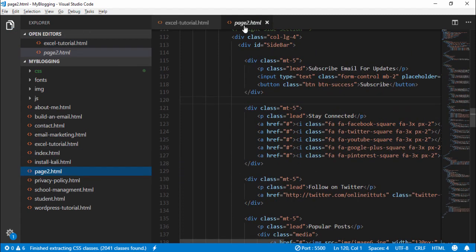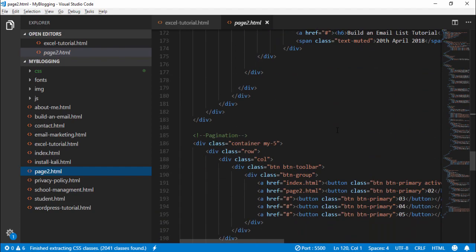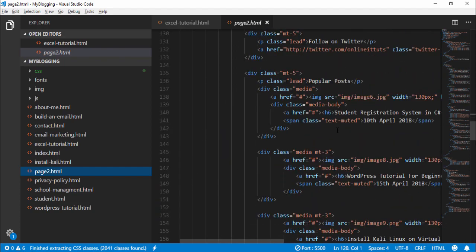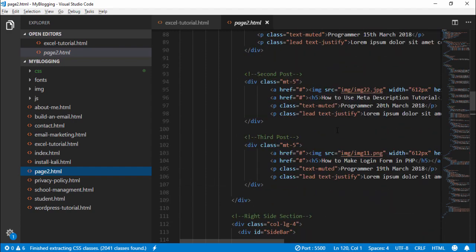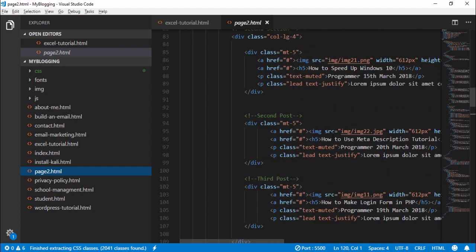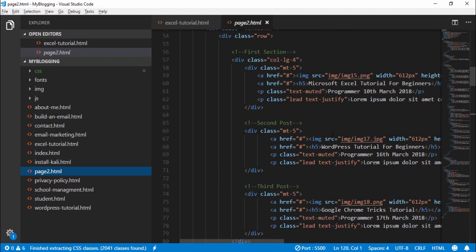Where is page 2 and post section, pagination, popular post, and I find the image man50.png, copy it